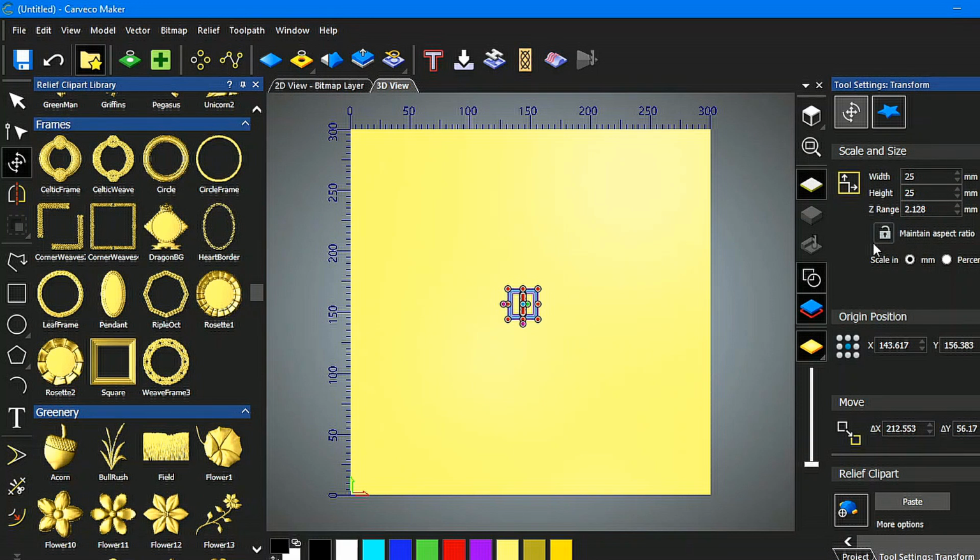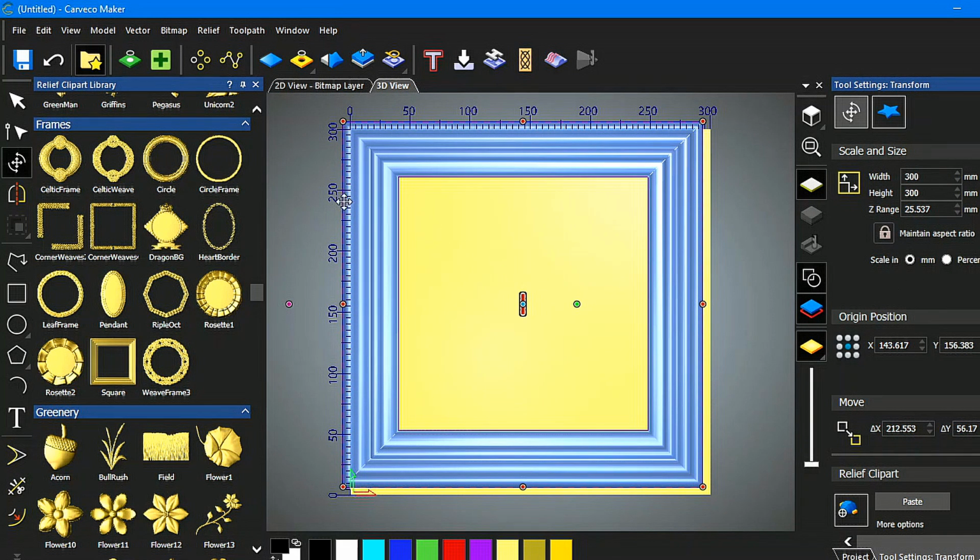Now there's a couple of ways that you can actually bring this out to scale. You can either use the handles and drag it out, or you can come in here and make it a particular size. Now if you don't want the aspect ratio to go out of shape, you can lock it just by one click. One click locks the width and the height, and the second click locks the aspect ratio in Z as well. So we want this to go the full size of our material, so we want 300. Okay, and it's going to take it up to 1 inch, just over 1 inch actually. So we're going to apply that,